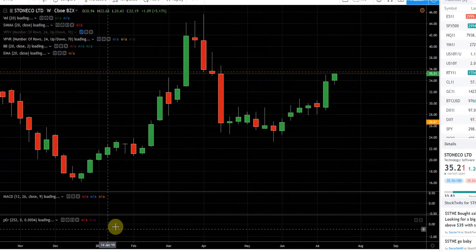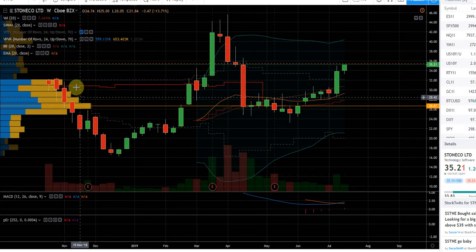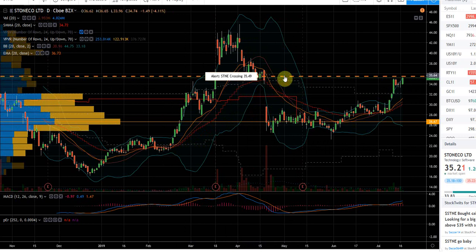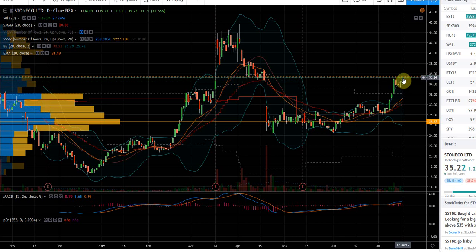I can extend to a weekly to see more action, but this is a fairly new issue. Again, now this tells me that the 31.5, 32 level is pretty pivotal, so it should play a role, give or take there. So if you have any questions, let me know. The point of this is to pay attention to what happened before to see if it's going to repeat, if it's support, if it's resistance. Is it a time? Like, is this a good time to go long? It's a good time to stay long if I'm long. It's a good time to snipe an entry, either jump the gun and do it, or wait for a breakup